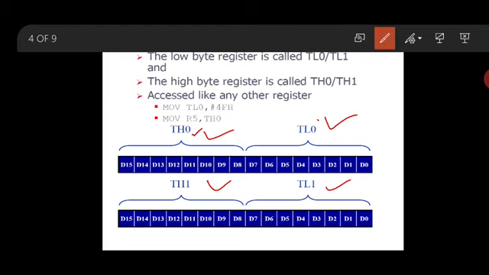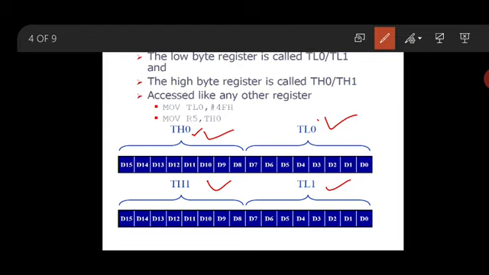If I say TL1, that is timer 1, lower byte. TH1 is timer 1, higher byte. That is how we can code it simply to understand, so you need not be confused. Look here, I have given a few instructions. As I told previously, we are going to consider these registers as normal registers. We don't have any special instruction to operate them. You consider them a normal one.